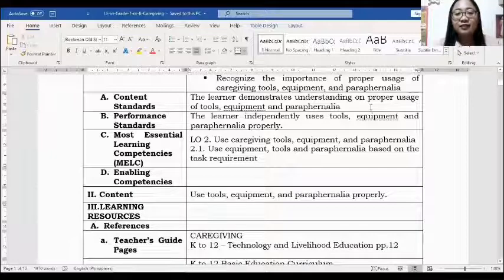Okay, for the content standards, the learners demonstrate understanding on proper usage of tools, equipment, and paraphernalia. Performance standards. The learner independently uses tools, equipment, and paraphernalia properly. Most essential learning competencies, or what we call the MELC,